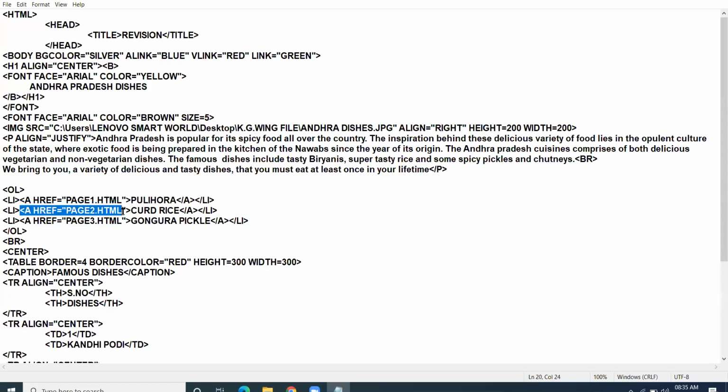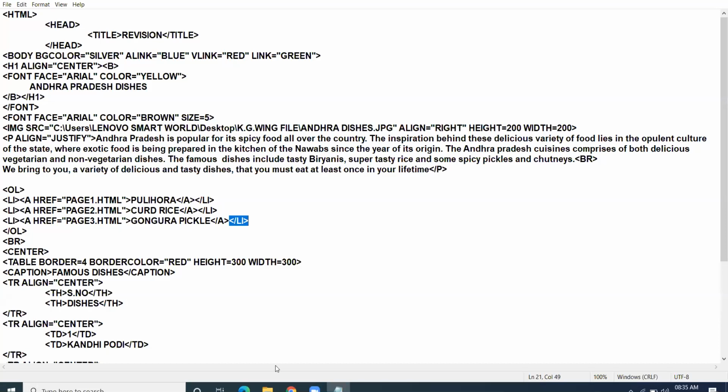Here I have connected with the page2.html and curd rice is my hyperlink. I close my anchor tag, I close my list tag. Then similarly, the third command for hyperlink. Here I am connected with page3.html and my hyperlink is Gongura pickle. I close my anchor tag and I close my list item tag.